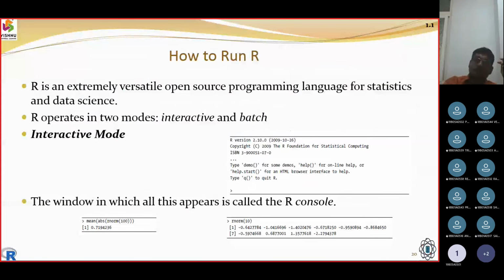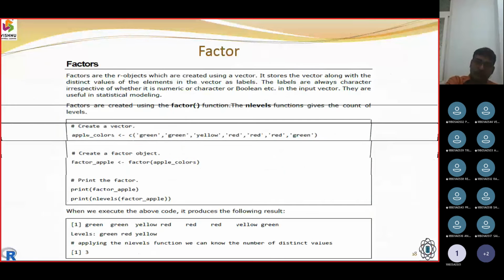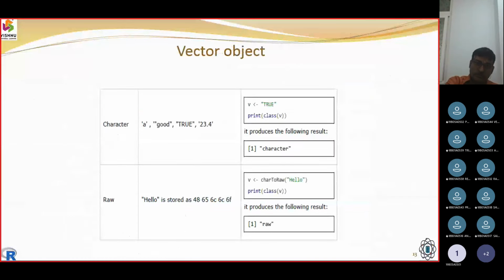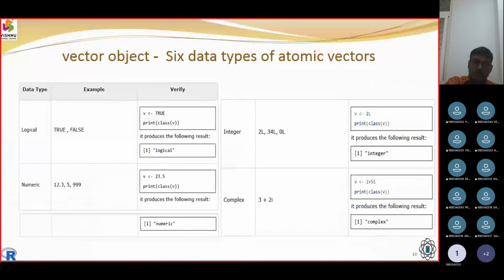A quick recap of what we learned: we started with logical, that is Boolean, variables to decide the class of a variable, whether it is true or false. Second, numeric data type, which can be integer or float.